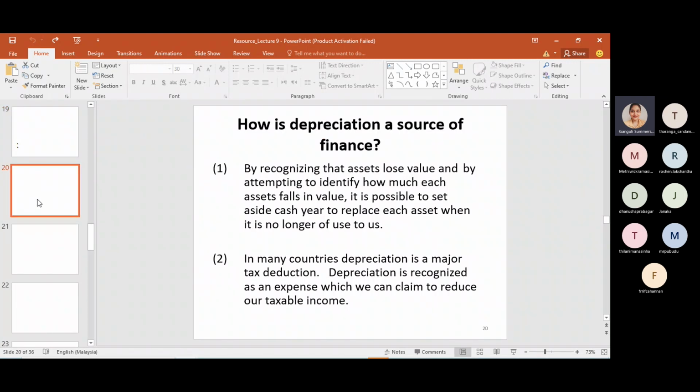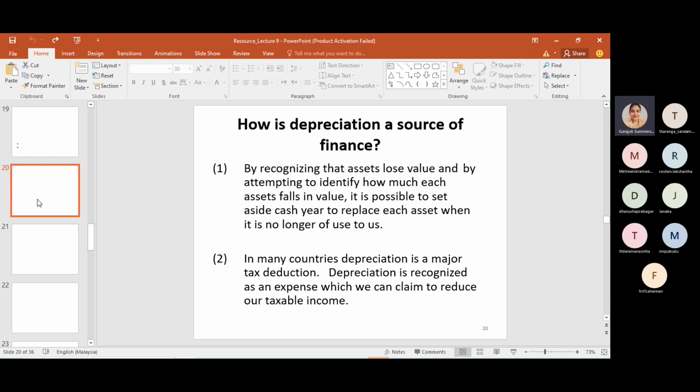So how is this considered as a source of fund? Like, how is depreciation considered as a source of finance? What is the reason? Why is depreciation considered as a source of fund? Depreciation is considered as a source of fund for two main reasons. When an asset loses its value,